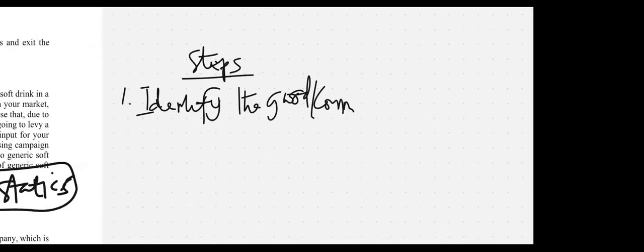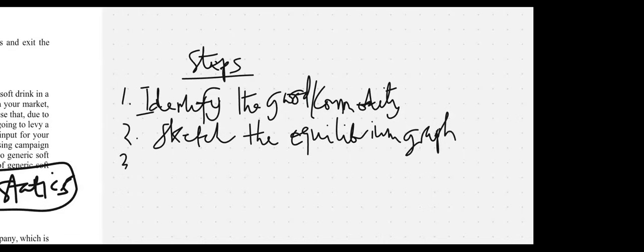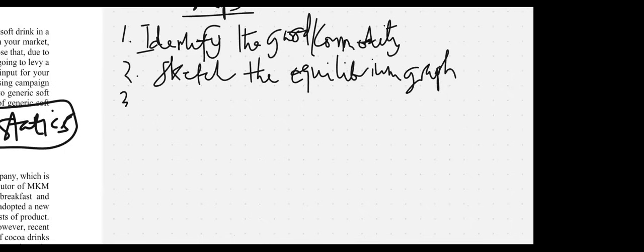So that's the commodity. Two, you sketch the equilibrium graph. Three, you identify